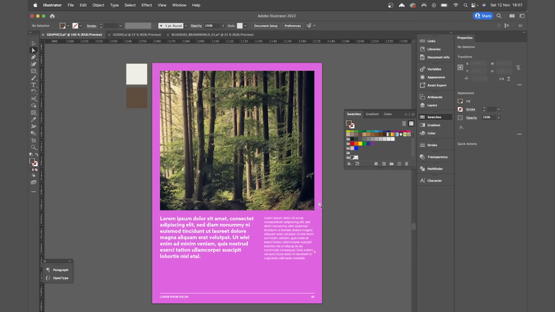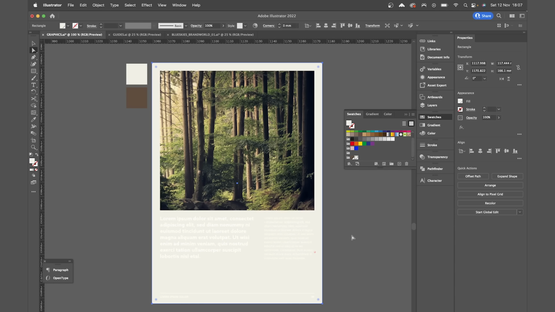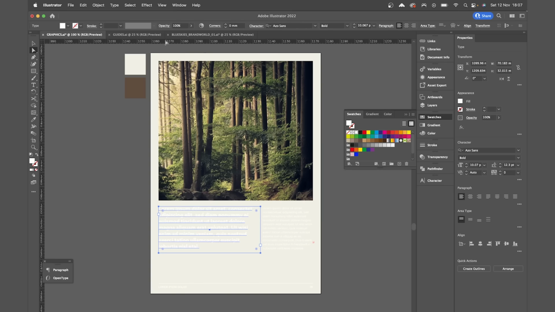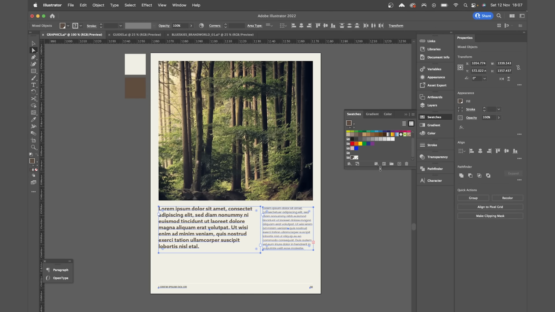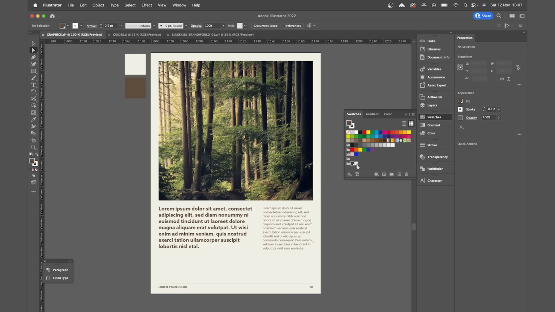Now we're going to change my background to the lighter colour and change my text to the brown. Easy way to select all the text, if you click one element, come to select and then select same fill colour. Now let's say I decide the background is a bit too yellow and I want to make it more